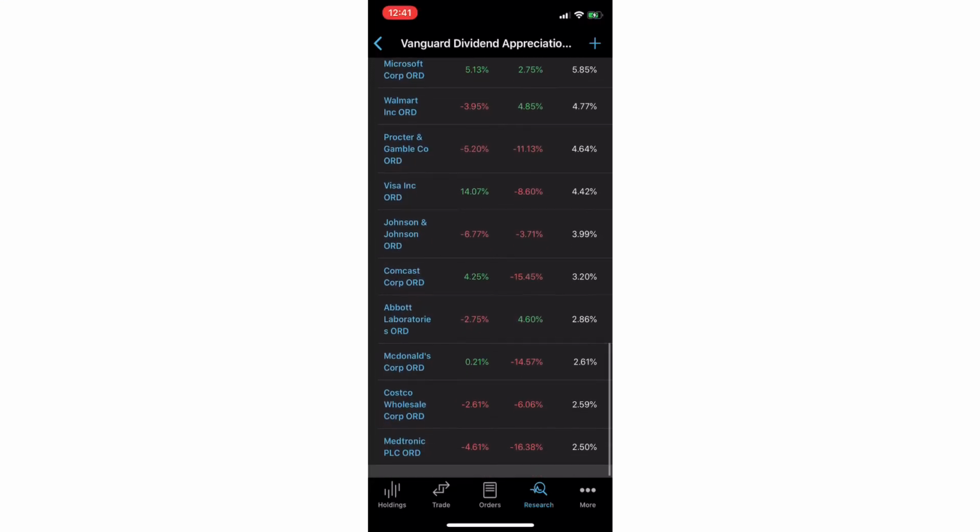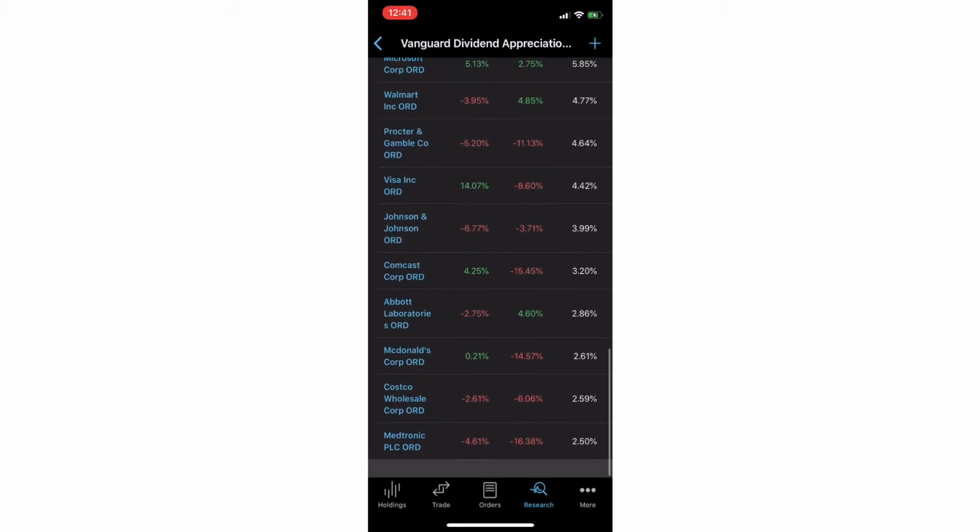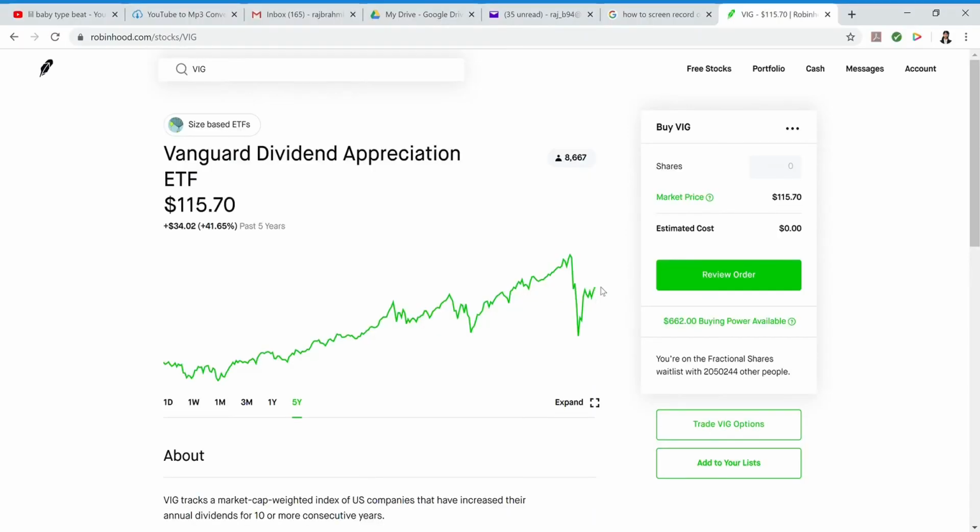So the last time I was there was like a few years ago. This is again what's inside of the Vanguard fund. A lot of good companies that you might recognize. Again, if you want to pause it right here, go ahead and look at it. It's currently like 115, but I'm just gonna buy it at 115.